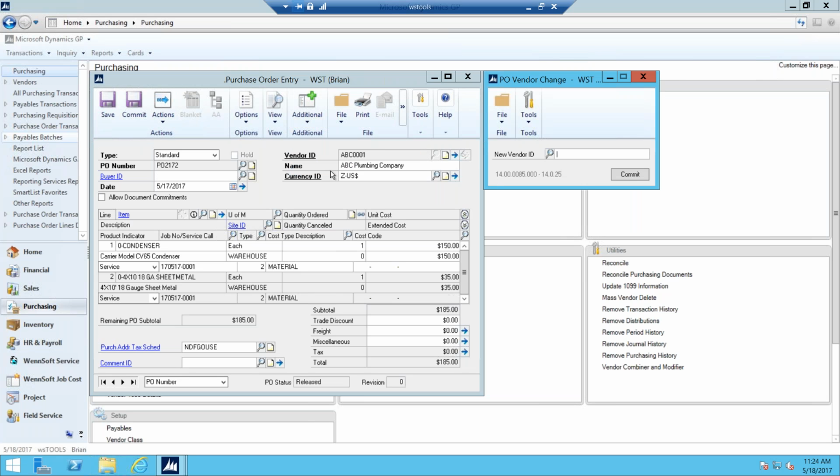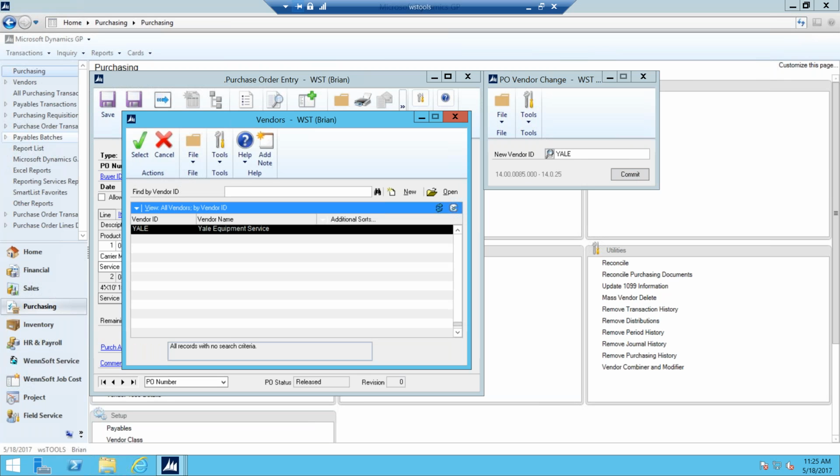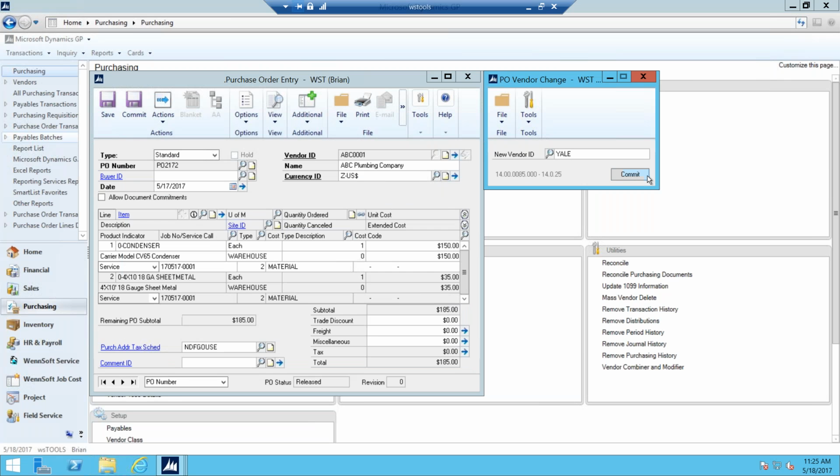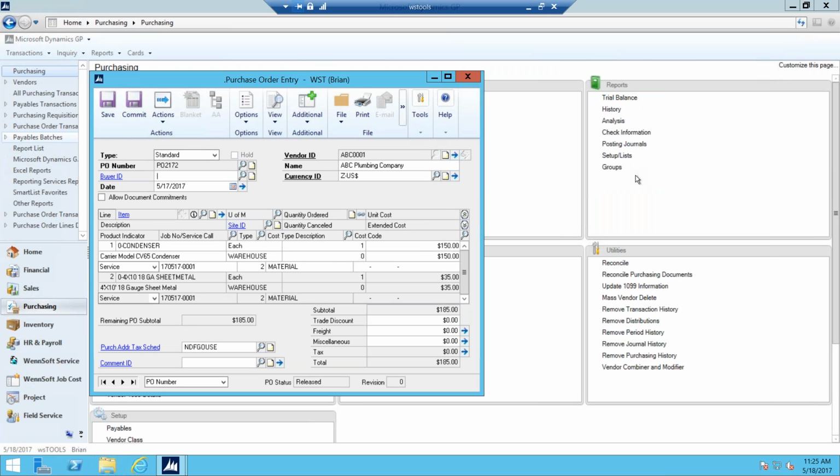vendor on this now. And let's go ahead and we'll pick. Okay, it was for ABC Company. Let's pick Yale here. Let's say it should have been Yale, or ABC can't deliver, so we're going to change it to Yale. Make sure I've got the right one. There we go, and let's go ahead and commit that. All right. So what we've done now,